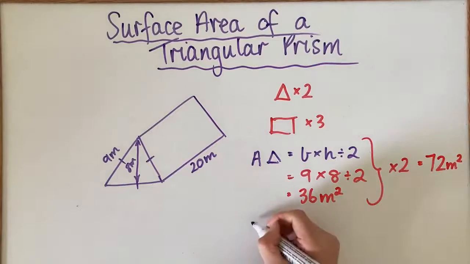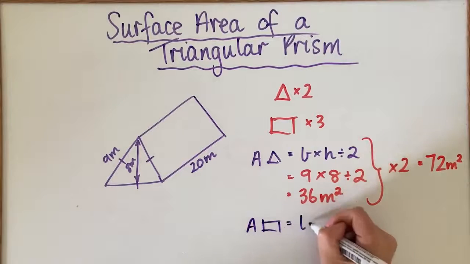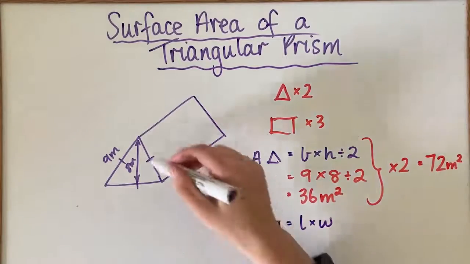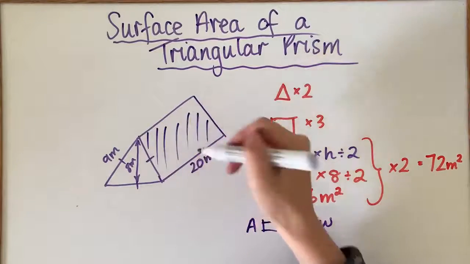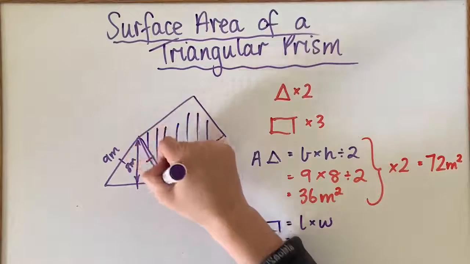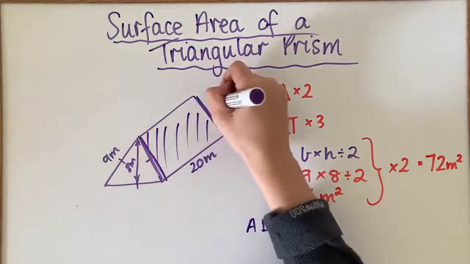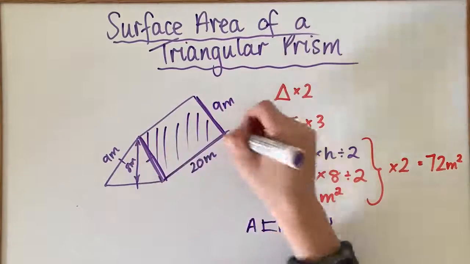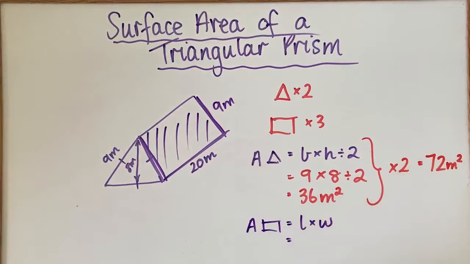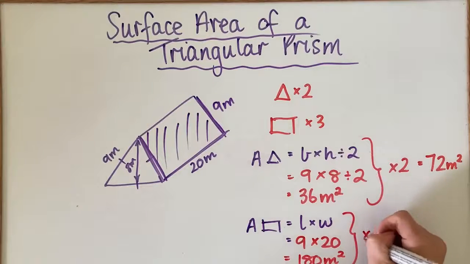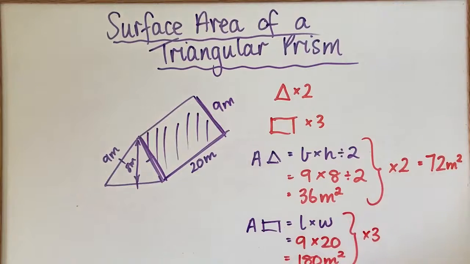Now for the rectangles, that's going to be length times width. Now if I'm looking at the rectangle here on the side, I know that this value here, or this value here, is going to be 9 meters by 20. So the formula I'm going to use is length times width. I'm going to go 9 times 20, and that's going to give me 180 meters squared. Now we actually have 3 of these, so I'm going to times my answer by 3, and that's going to give me